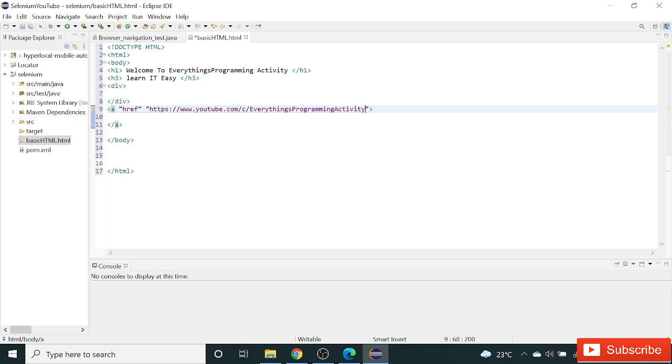And we can add multiple attributes, say id is equal to, you can give any id name here.